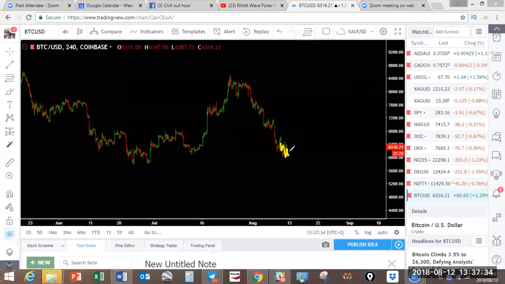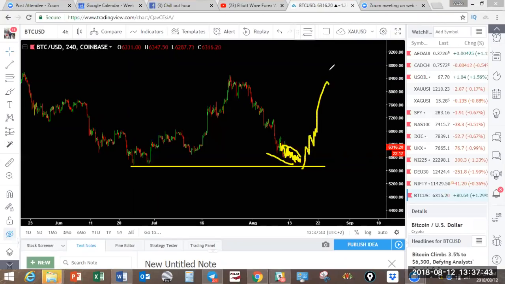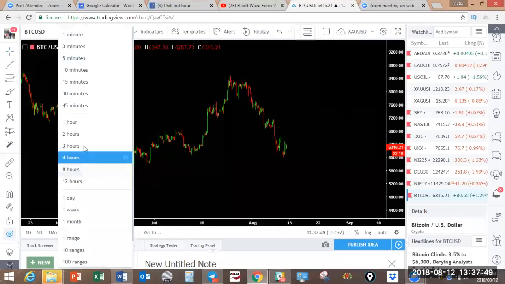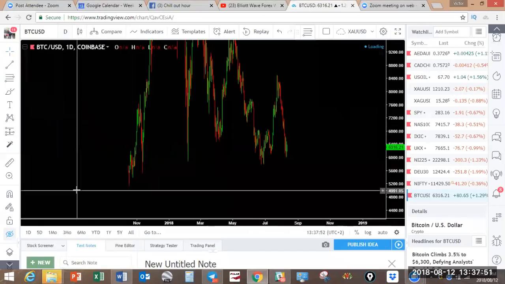So I'm expecting here that we're going to get this one coming down here to this level with this slowing down pattern, like a V pattern, and then maybe a pullback here that will retest this level before we get further drop. But let's look at the higher time frame and see how we have been looking at this all along. If I look on the daily,